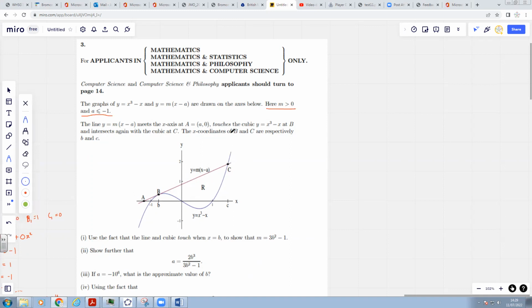Now, bear in mind as well, they're making sure that this straight line always touches the cubic. Now, that means it is tangent at B. Now, it's well worth thinking about exactly what that means. Like, I'd like to show you on GeoGebra what that means. So if I can just change what the screen I'm